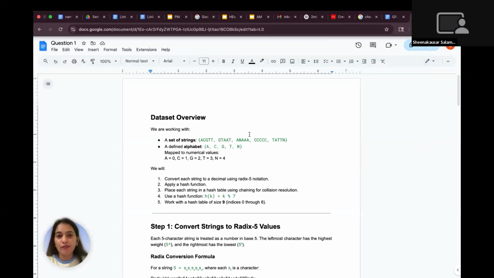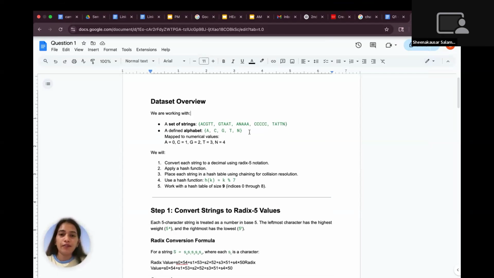So let's begin with a quick overview of our data set and what we are going to do. This is the data set we are going to use. These are strings made up of alphabets. And this is how we map each letter to a number: A equals 0, C equals 1, G equals 2, T equals 3, and N equals 4. We will follow these steps: convert each string into a decimal number